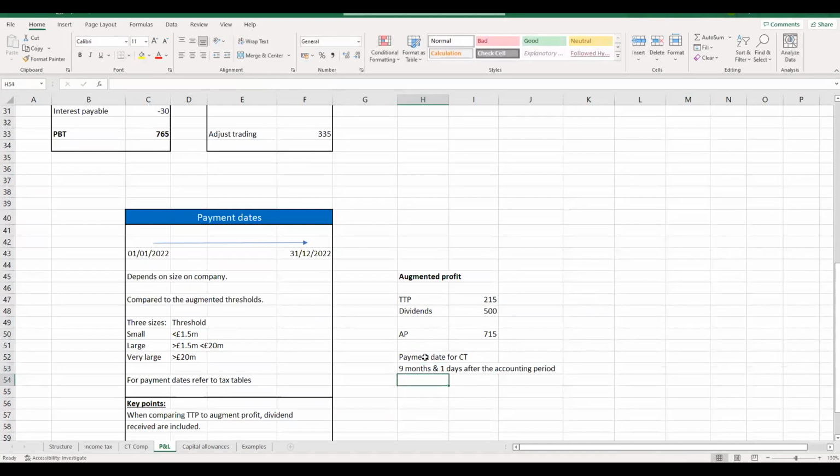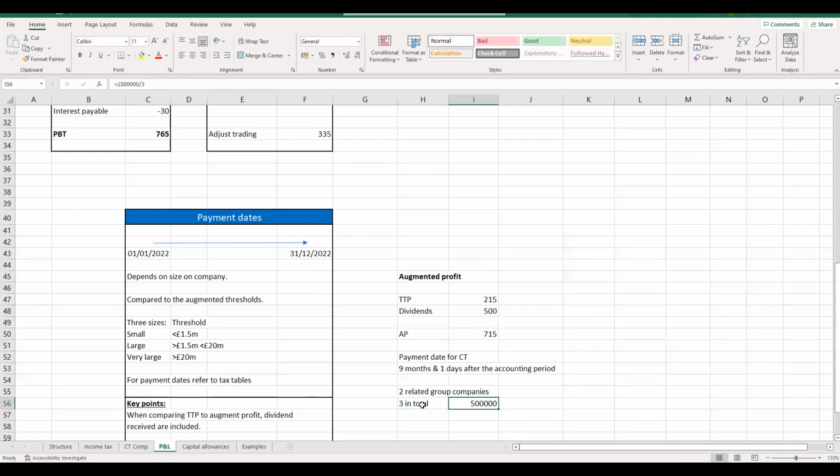Now, one thing you can see in some of the scenario questions is actually that it might tell you there's two related group companies. Now, where you have related group companies, what you need to do is divide all of these thresholds by the number of companies. So if we've got two related group companies to the company we're dealing with, we've got 3 in total. So therefore, for determining whether this company is small or large, we're going to divide that 1.5 million by 3.